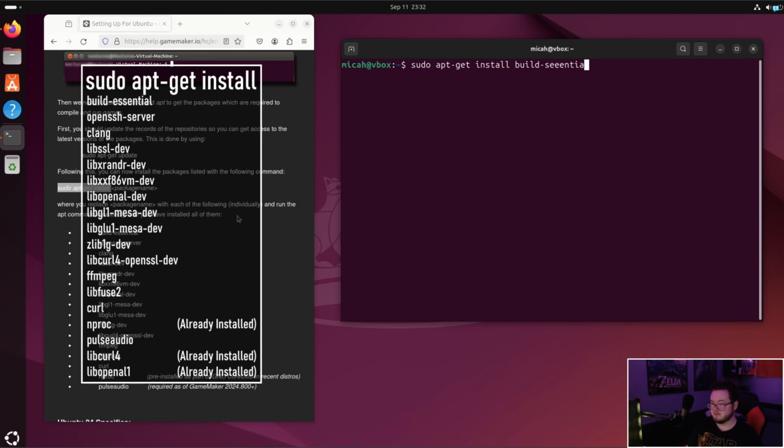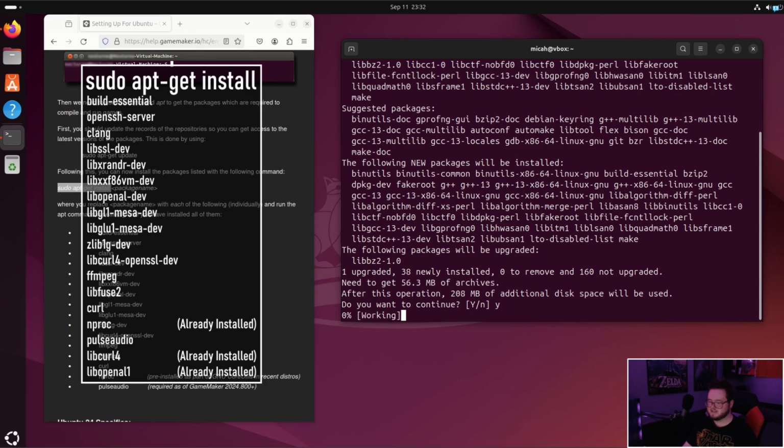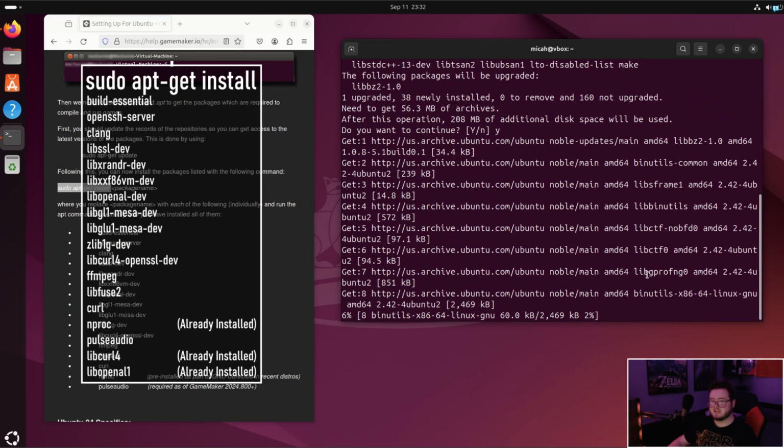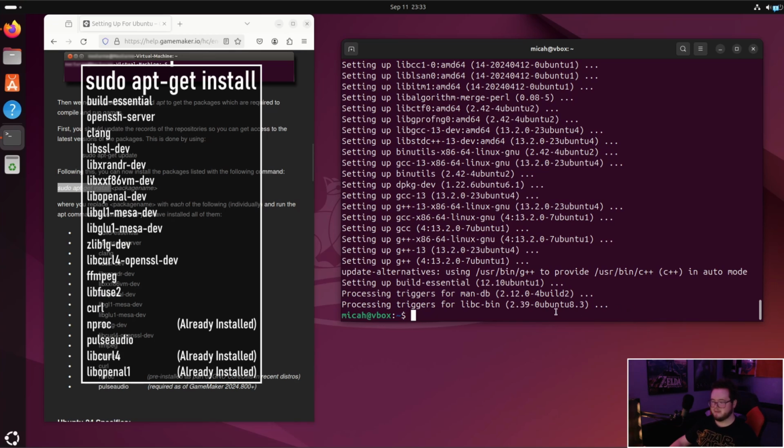So now we should be good just to start typing in these package names, which the first one is build-essential. And now some of these are going to ask us a yes or no question. Just press yes. And that's just going to continue on with the installation. Alright, so now that that package is done, we can just go ahead and press the up arrow to get our most recent command, and we can just erase all that and type in the next package we need,